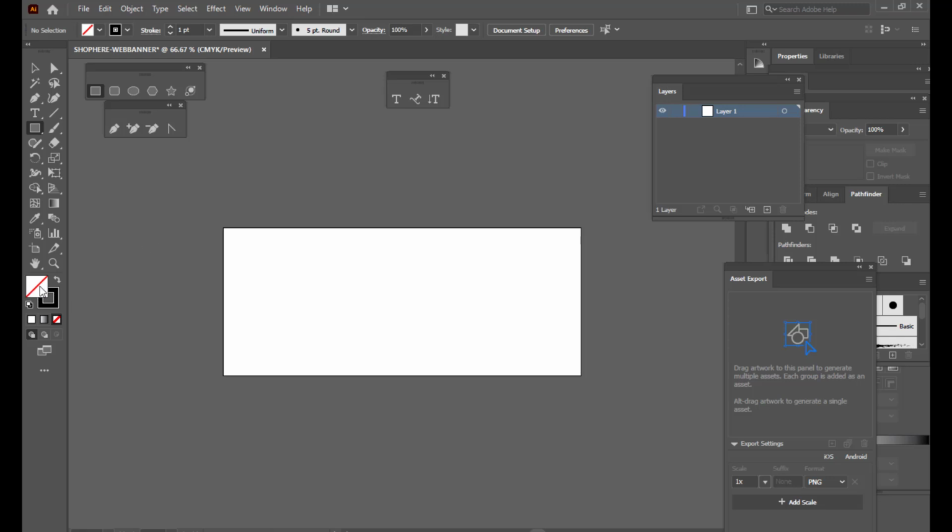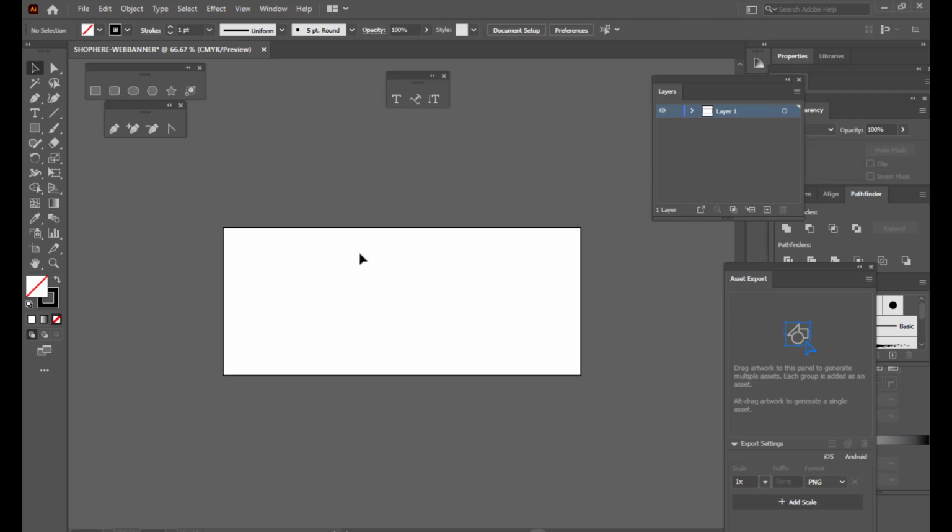I have turned off the fill and I will take only the stroke, and I will select a rectangle here and simply create the rectangle over this document. Make sure that the rectangle covers the entire area of the document.